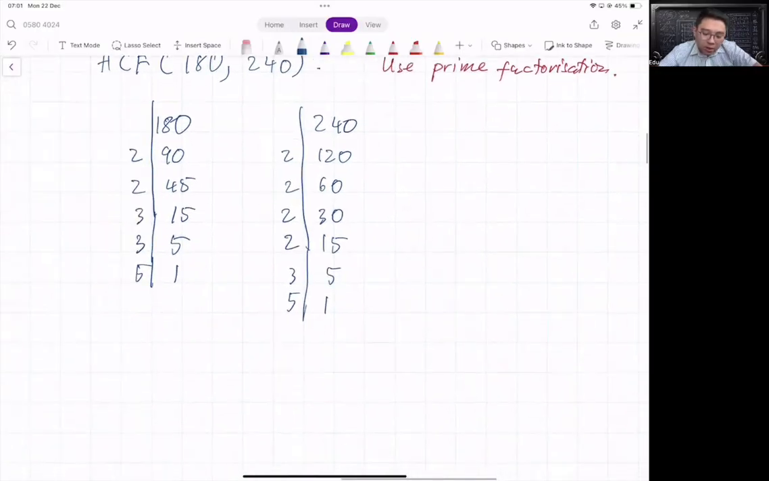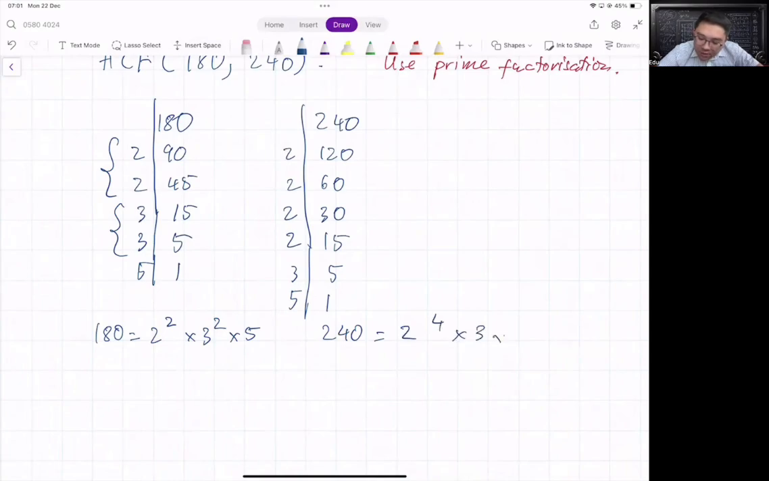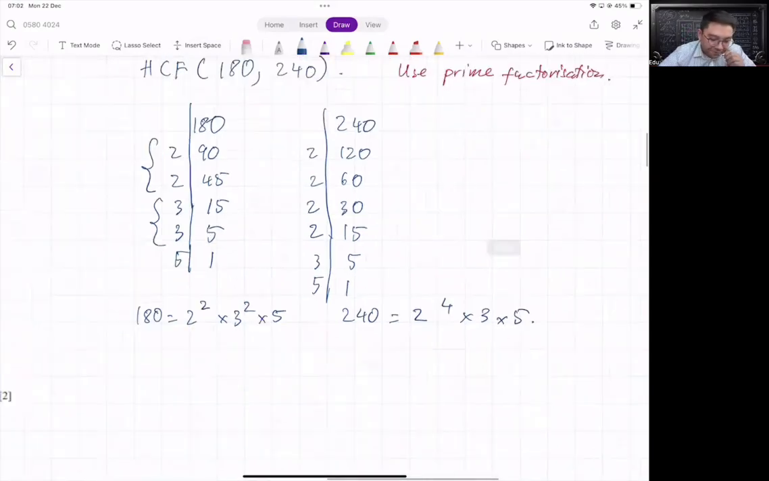All right. So we are going to rewrite this as 180 equals to, okay, as you can see here, 2 to the power of 2, 3 to the power of 2 times 5, and 240 is going to be 2 to the power of 4 times 3 times 5. All right. Okay, now